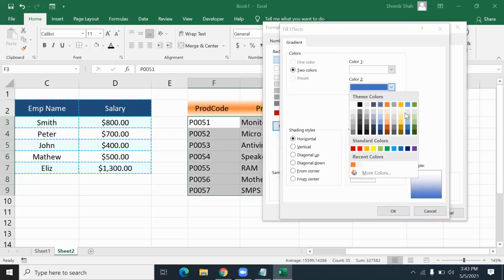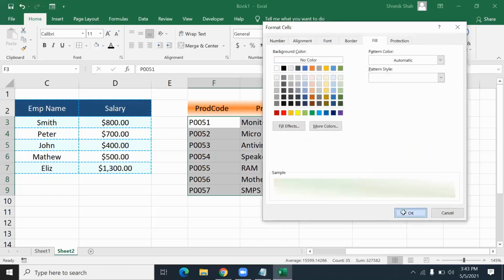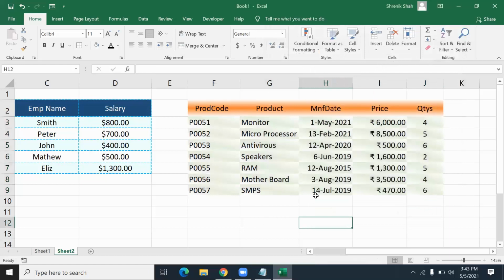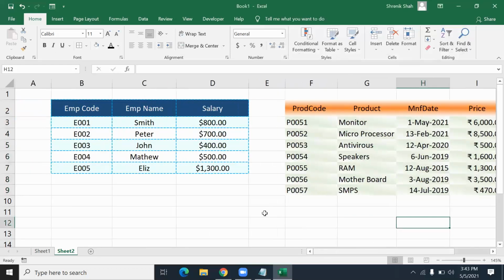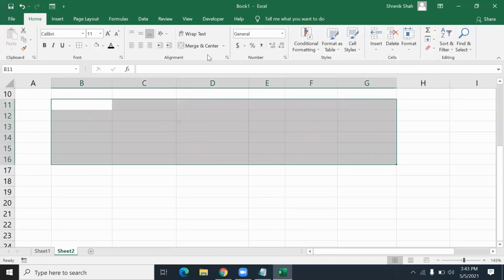So I'll choose one very light color like this one, green one. Okay, so some patterns, I'll select this, I click OK, and again I click OK. So this is my another table. So this is so simple. In Excel, to make formattings, you can make use of some shortcuts, okay, which relax your work. I keep some note points here this side.